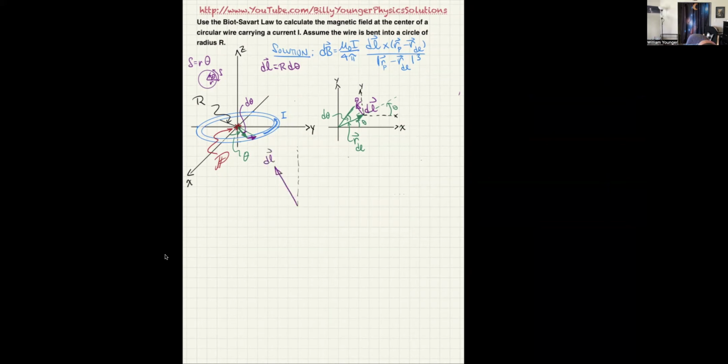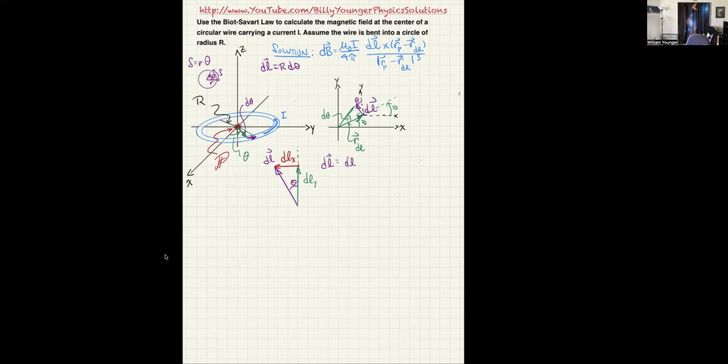So there's my dl, and this angle, of course, is theta. So what I can see is clearly the y component of this vector is going to be positive. This would be dl sub y, and the x component of it, dl x, is negative. So from this, we can make the conclusion that dl is actually equal to the magnitude